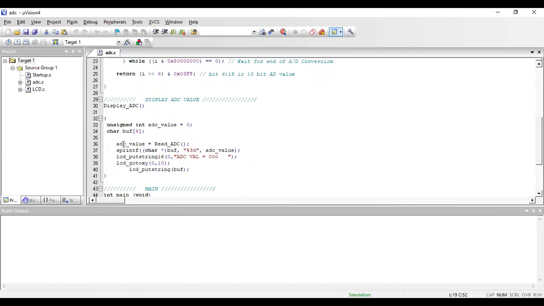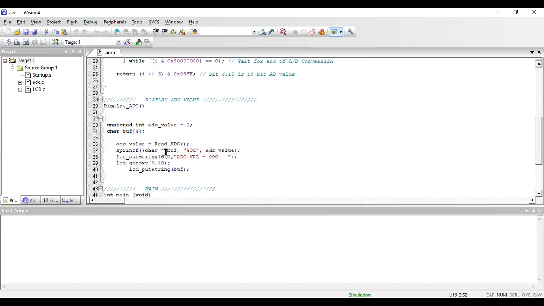But when we want to display on the LCD, we are supposed to display it as a character, because a number, when you give it directly to the LCD, we have to give it as an ASCII character. So we are supposed to convert the ADC underscore value, the digital number, into a character. So we are using sprintf, string printf, of ADC value, which is pointed to by a buffer variable of character type.